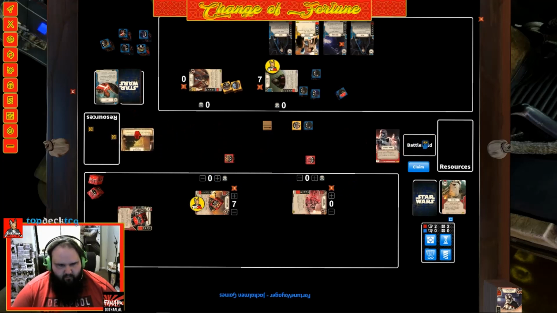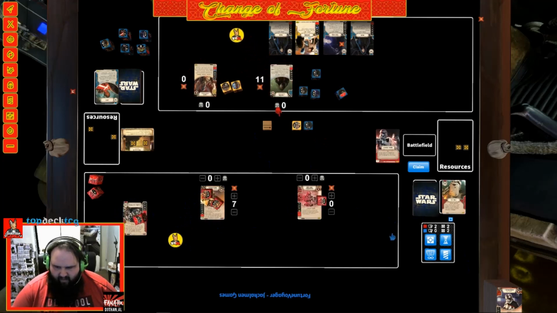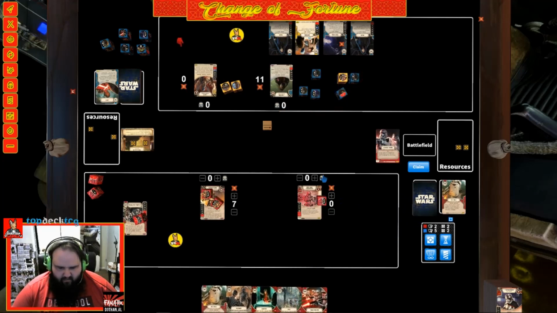Alright, so he claims. He gets the resource and can add a second one to it. Then we'll go ahead and deal our 4 damage here and move on to the next turn. Alright, that back to therapy helped him out a lot there, but that's alright. We got some good stuff this turn. We've got...